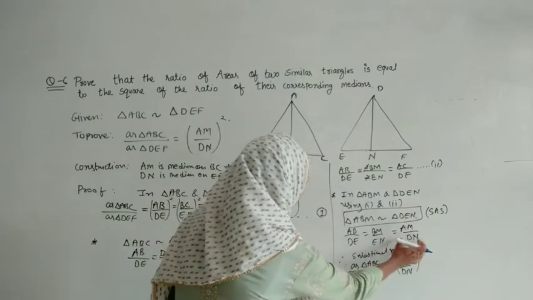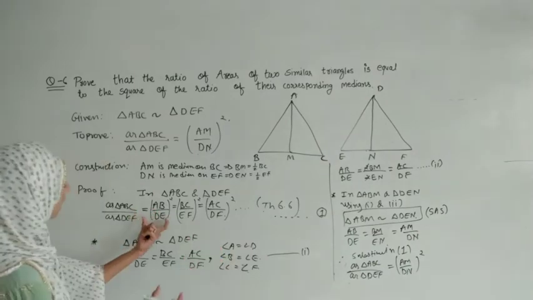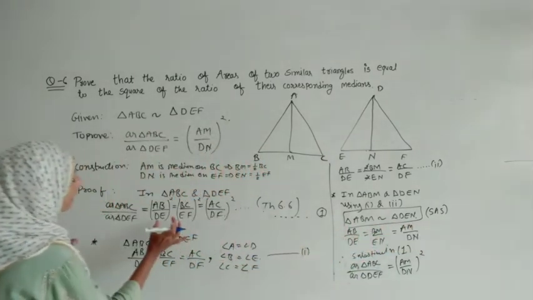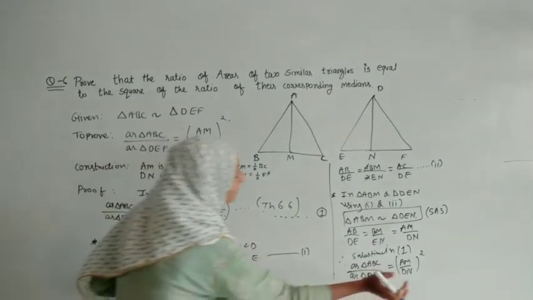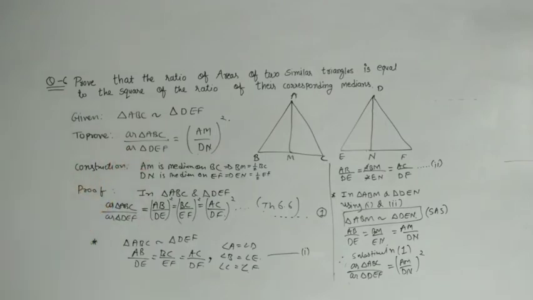And we just have to substitute value that AB by DE is equals to AM by DN. So AB by DE is also here. So on the place of that you can write AM by DN, and if you are substituting it will look like this, and that exactly you have to prove. So this is the concept of this question. This question we did almost 3 times. Earlier also this kind of 2 questions were there in exercise 6.3 also. So you can take help of it and you can prove it in easy way.